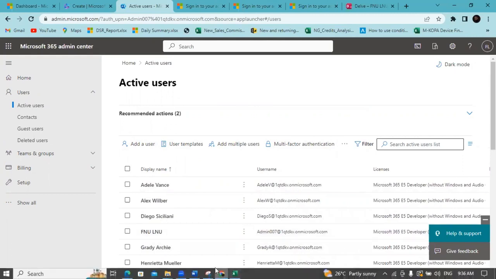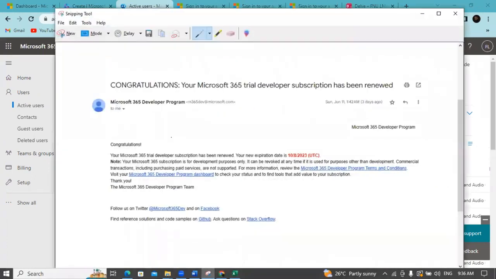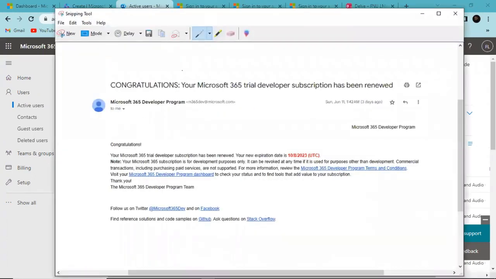Right? So if you check, I had a developer account I opened a while back, and you can see this is an email from Microsoft, right? Renewing the subscription. So because I kept the account active, right, it was renewed. So after 90 days, right, once it's active, you'll be renewed, and you keep on using the free Office